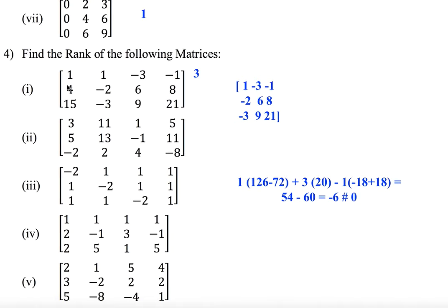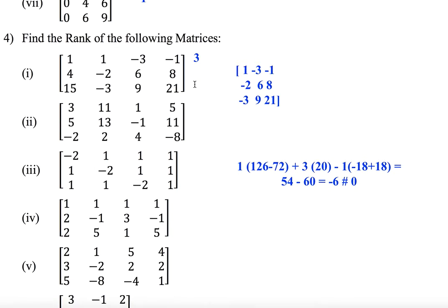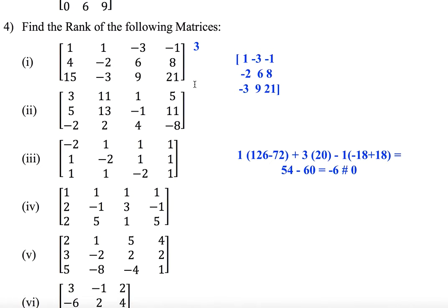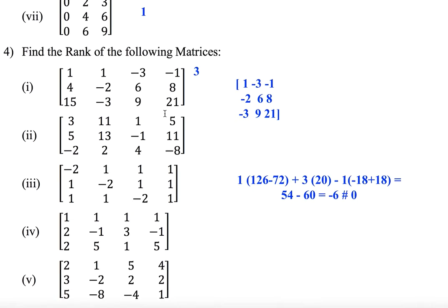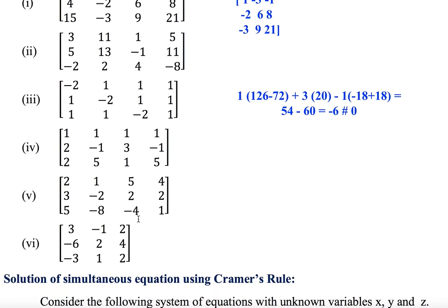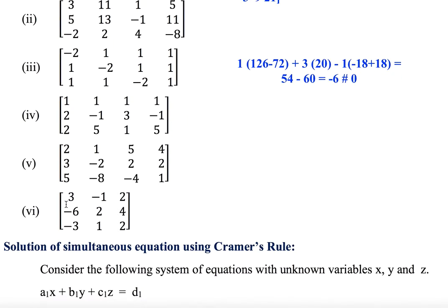By deleting columns, by checking with different combinations, let's see whether any 3 by 3 matrix determinant is 0 or not. If it is not 0, then the rank is 3. Otherwise you have to check for 2 by 2 then. These are the things you can do on your own, I guess. This thing I can tell you directly.